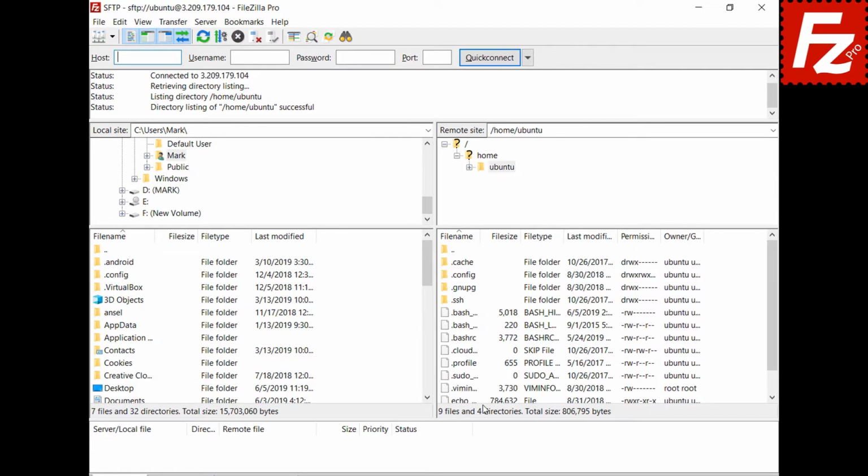In this video, you learned how to connect to a SFTP server using a key file with FileZilla and FileZilla